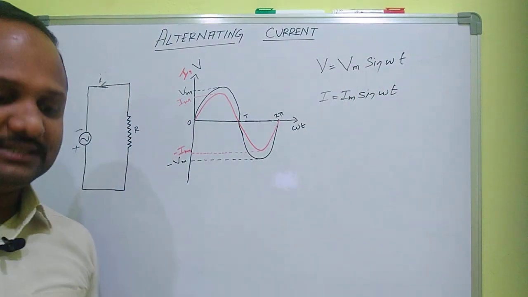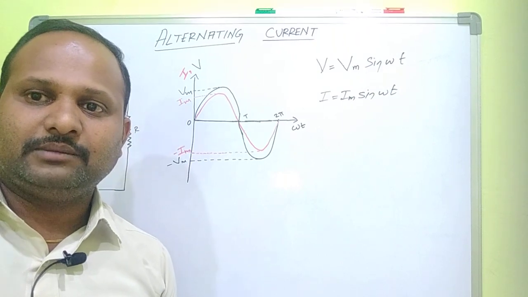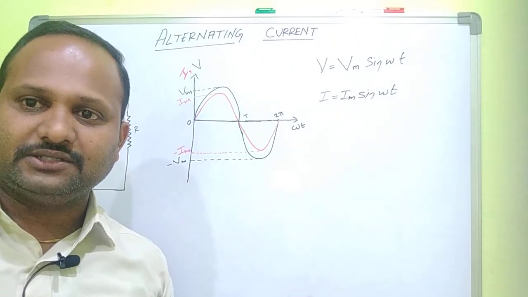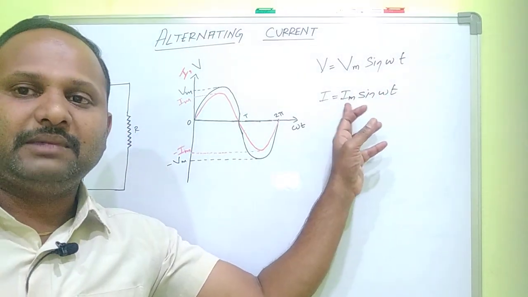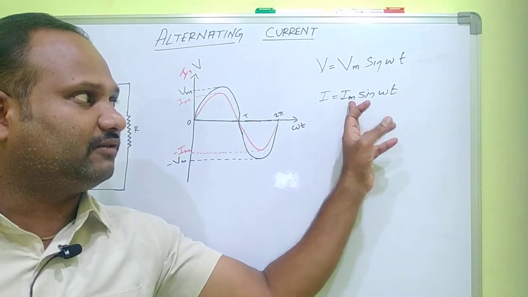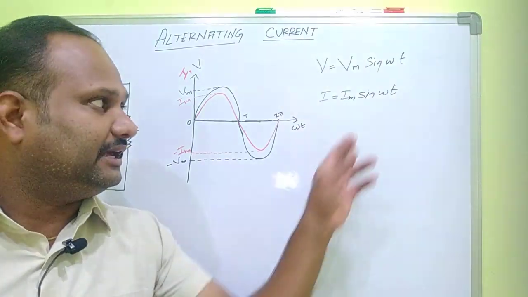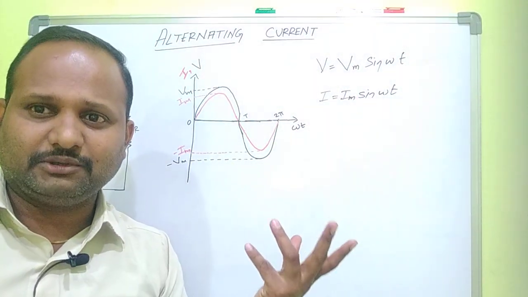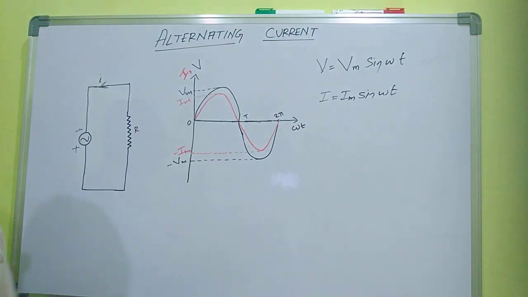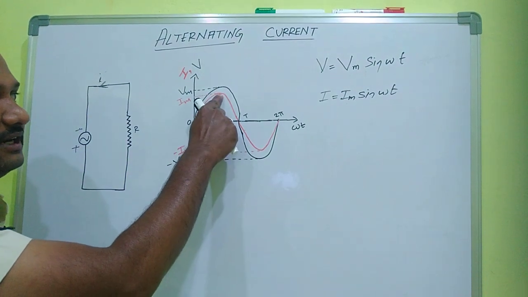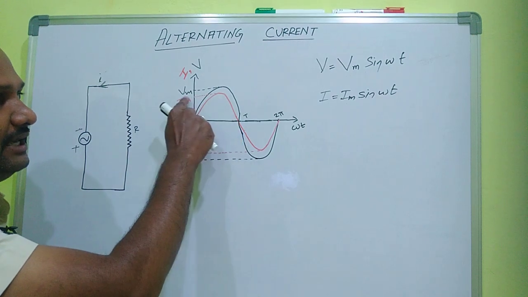When this alternating voltage is connected to a closed circuit, it produces alternating current. The property of the alternating current is that its magnitude keeps on changing and the direction changes at a regular interval. So I equals Im sin omega t, where Im is the maximum value of the alternating current, omega is the angular frequency, and t is the time. Im is otherwise known as amplitude. Amplitude means maximum. In the graph, the maximum displacement of current is Im. The maximum displacement is known as amplitude.